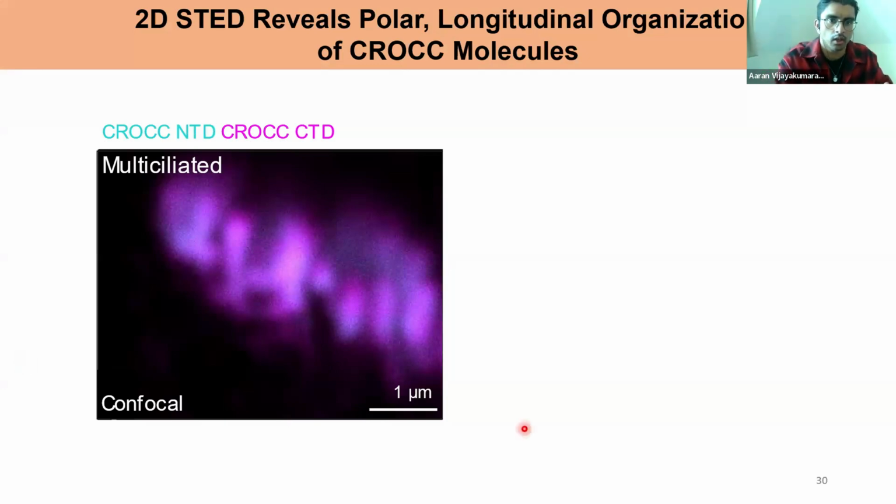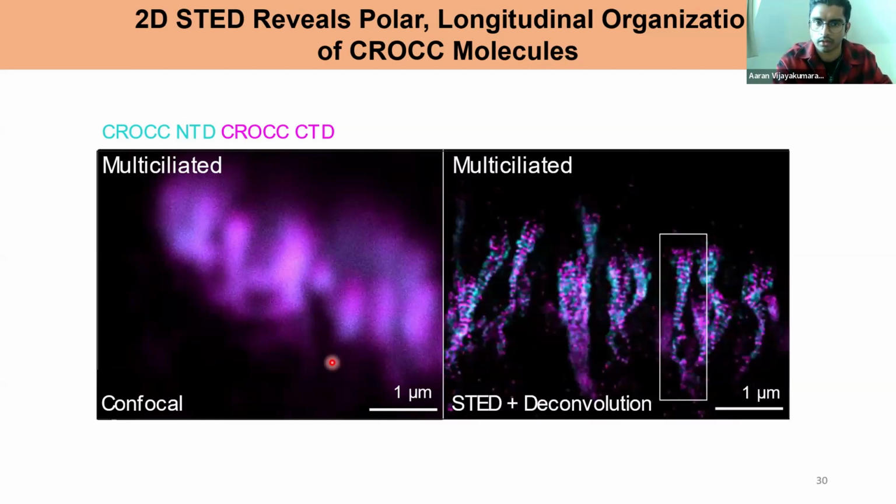And so this is a confocal view of the rootlets. And so this is a side-on view of the multiciliated cells. Imagine that we have the cilia here at the top, the apical surface, and here's the basolateral surface, and we have the rootlets forming, or half forming, this sort of dome-like architecture. And here we have, of the same cell,